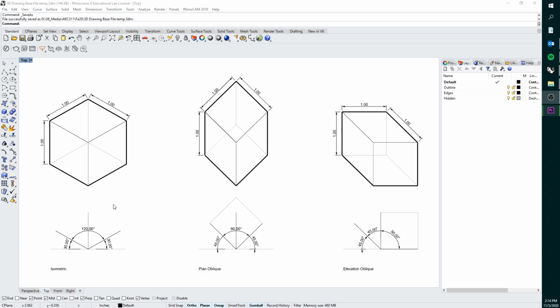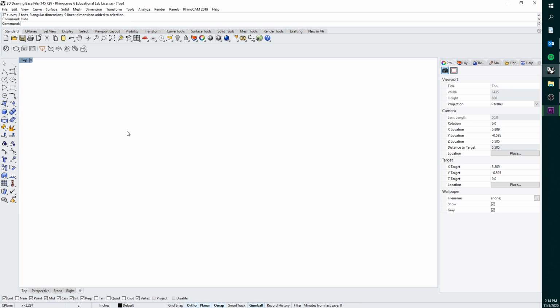The first drawing type that we're going to go over is the basic isometric. So we're going to go over into a blank file. And the first thing that we're going to do is just show how the drawing would be constructed basically from scratch. So the object that I'm going to start out with is just going to be a 1" by 1"